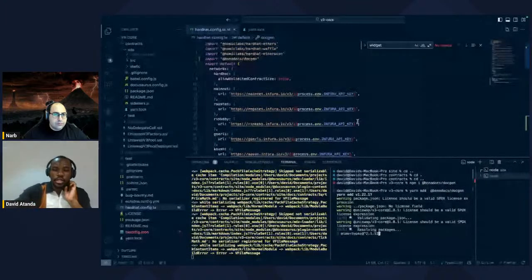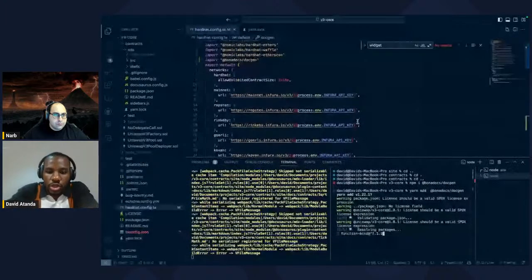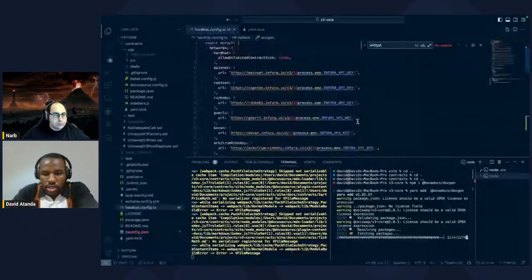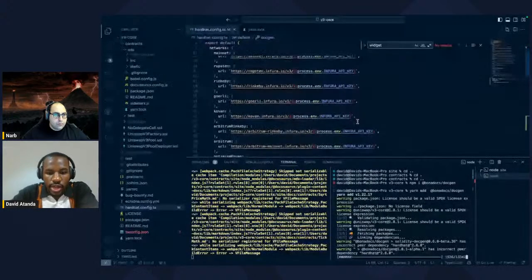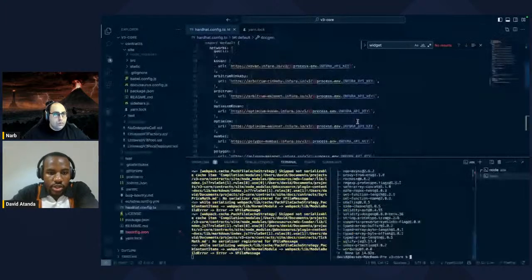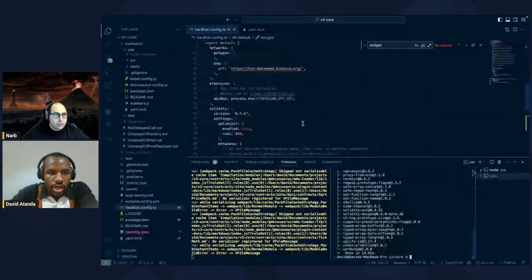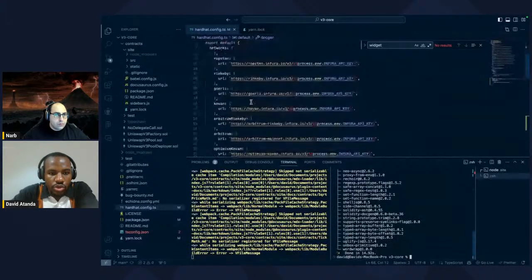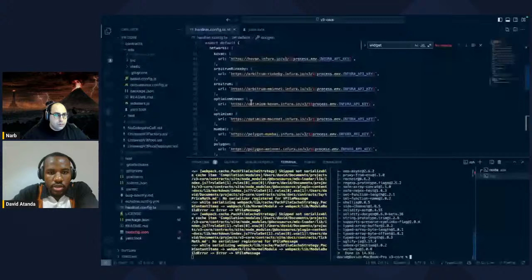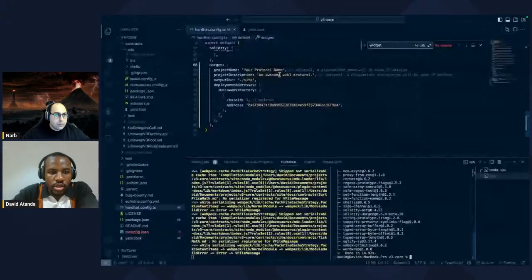So the idea is that we built this Hardhat plugin right into this library that enables you to just add it directly into your module.exports under Hardhat. So if you come to your hardhat.config.ts, you import it directly here, right? And you're able to go down here, add this docgen object, right? So this should include